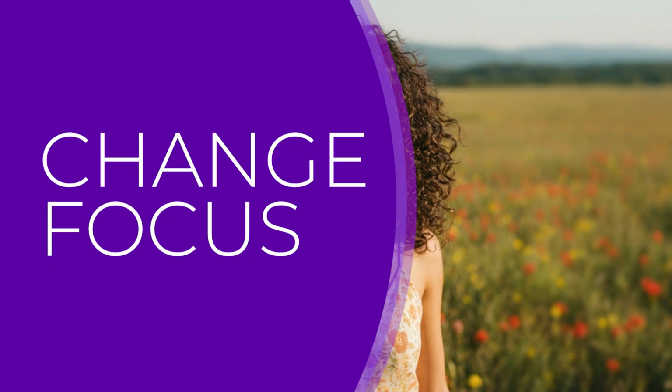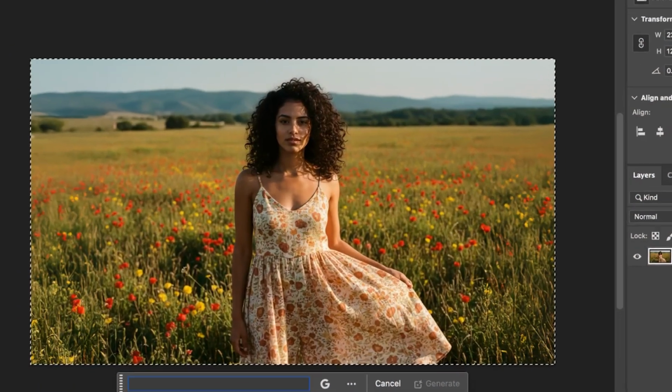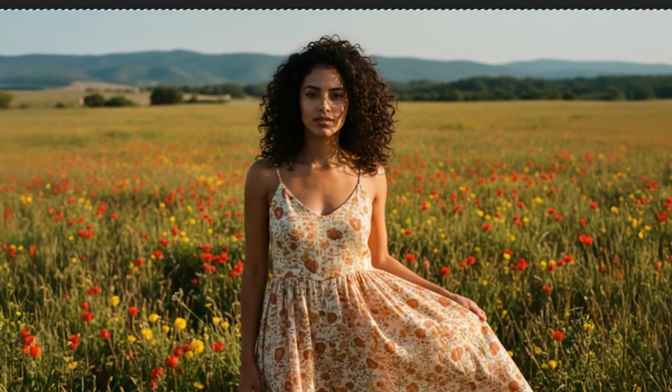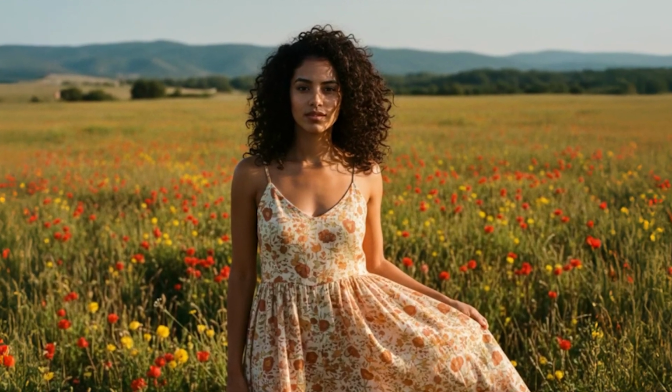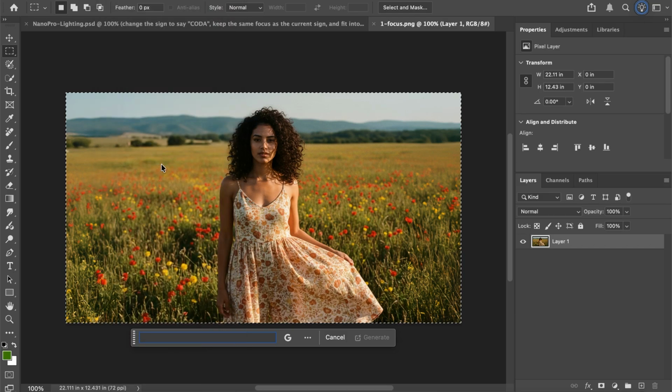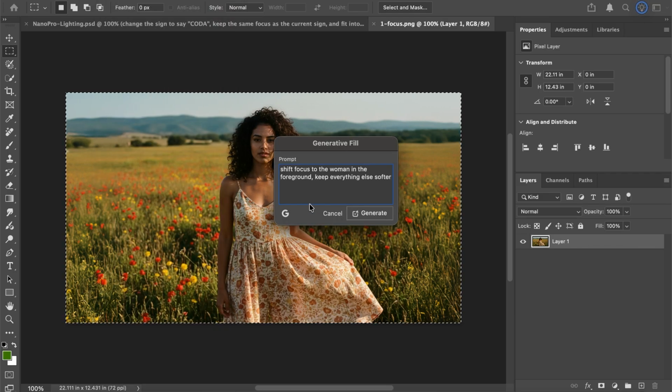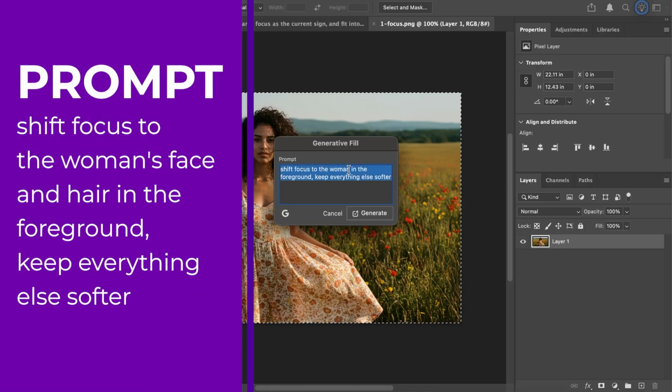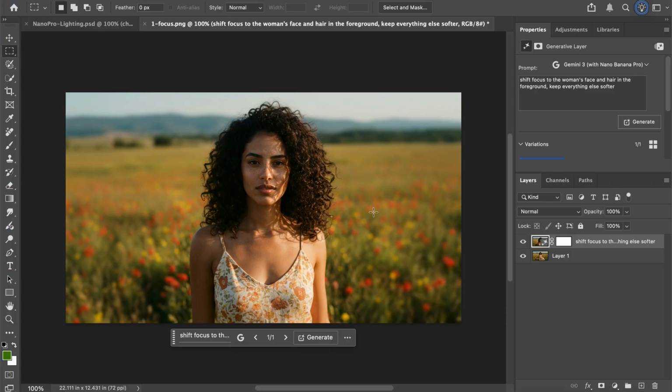One of my favorite things Nano Banana Pro can do is shift the focus of a photo. Here's the original image, wide shot, lots of background detail. When I create the detailed prompts in Photoshop, I just select all, then go to Edit and Generative Fill. This way you have more room to describe exactly what you want. Here's my prompt. It actually zooms in, sharpens her features, and pushes the background into a soft blur while keeping